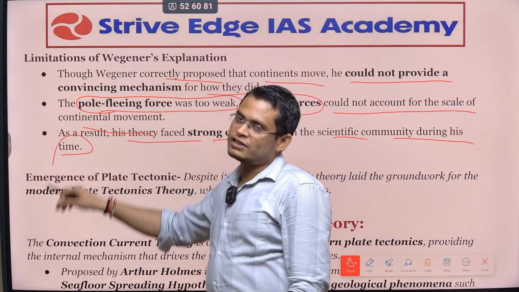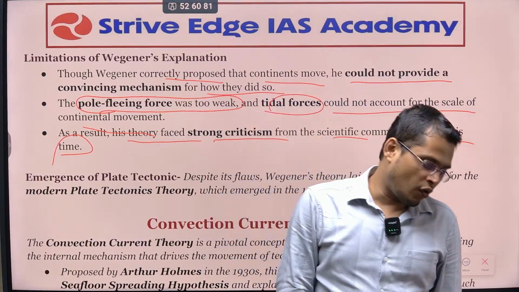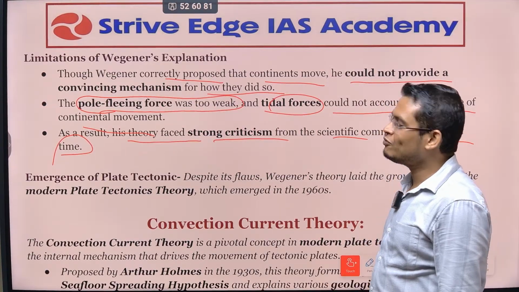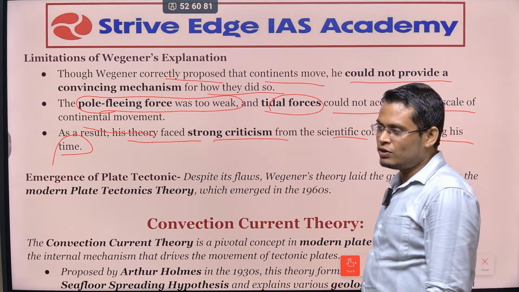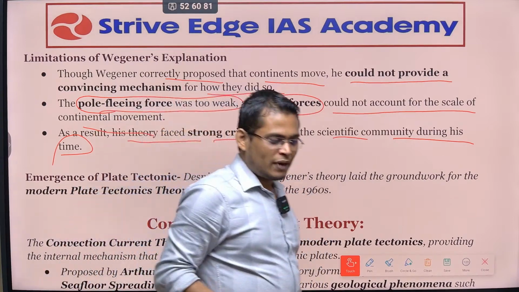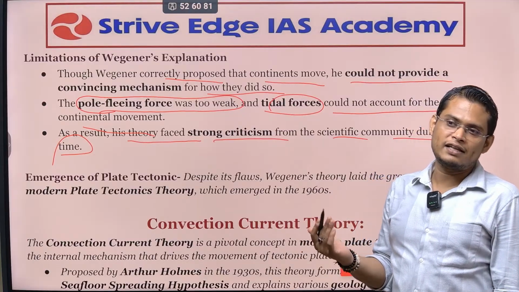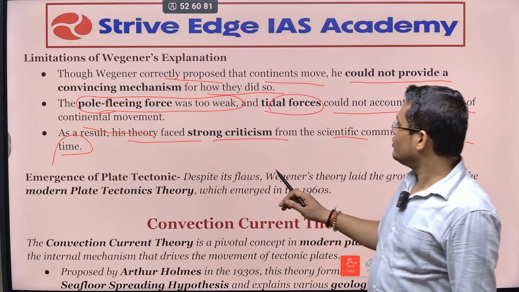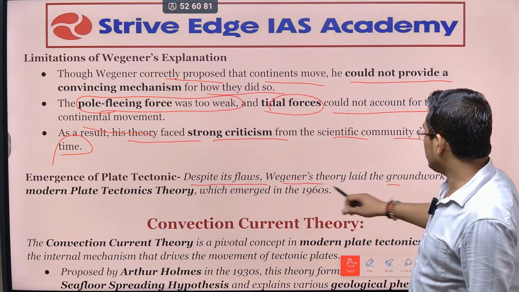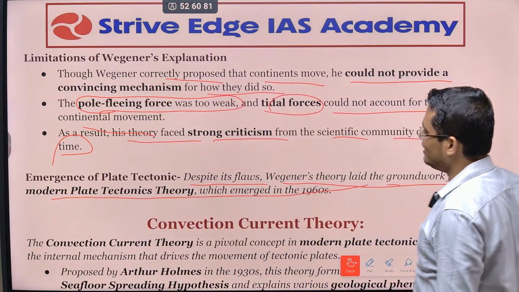Because of this criticism, and not being able to explain the driving mechanism behind continental movement, this theory failed. But what kind of conclusion can you write in this question? No doubt this theory failed, but at least it raised curiosity in the minds of scientists, geologists and geographers to think of a unique idea, and that unique idea later helped to find what you can see here. Despite these flaws, Wegener's theory laid the groundwork for the modern plate tectonics theory,